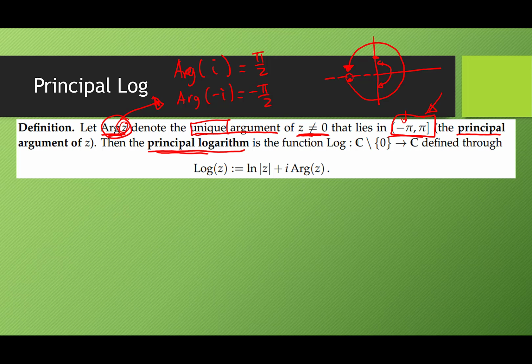So the principal log function is defined on C minus 0. You still can't plug 0 into the log function, just like you couldn't back in calculus. The principal log defined on C minus 0 to C is defined by ln of the absolute value of z, which shouldn't come as any surprise because that's what we just talked about. The real part has to be ln of the absolute value of z, plus i times this argument here, where this argument function is what we were just talking about. So this right here is what we will call the principal logarithm. And I'll put a little note: this is the log that we'll probably mostly be dealing with.